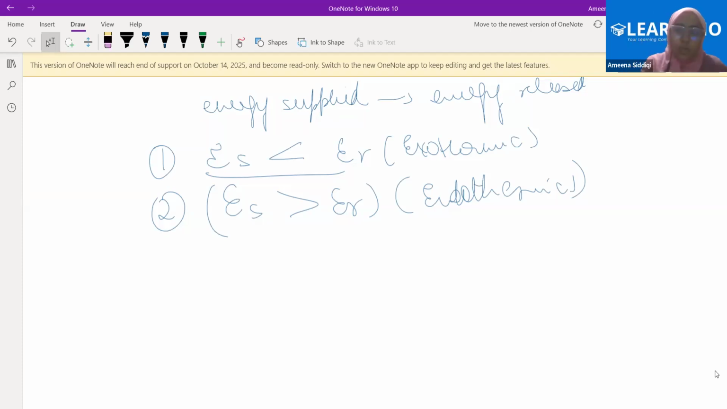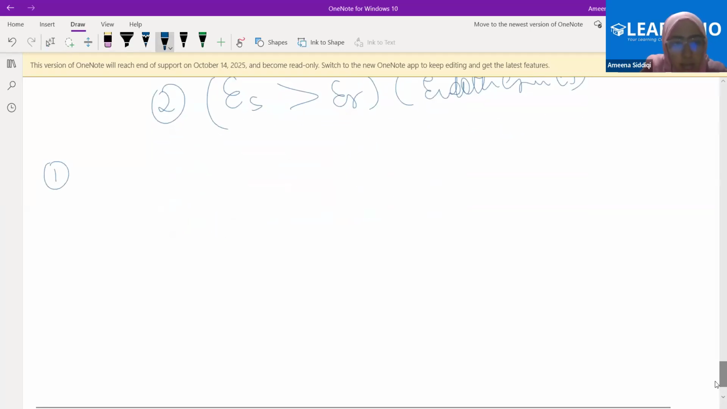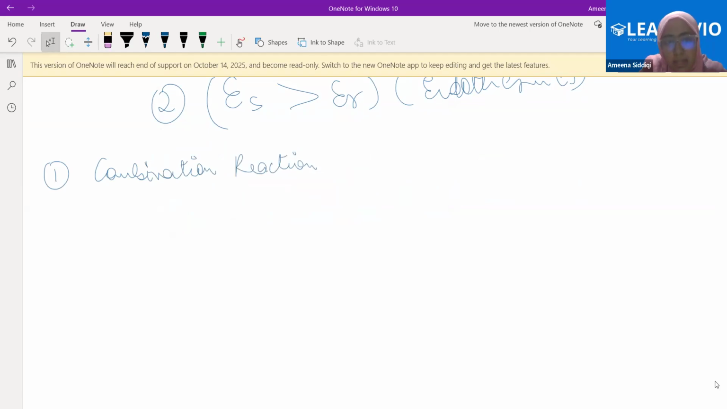So now the first type of chemical reaction is the combination reaction. What do we mean by combination? To mix, right? I say combination of two dishes, I mix those dishes. So how do we define a combination reaction? When two or more reactants